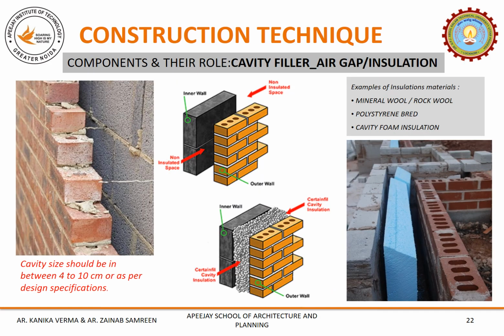Now the second most important component without which the cavity wall will lose its basic composition or even say its identity, is the cavity itself, or we can say the air gap, which is being created by spacing the two leaves kept apart. In basic composition, this third layer between the two solid walls is of air, but in more advanced composition or for specific purposes like thermal insulation or sound insulation, an insulating material is filled in between these two walls.